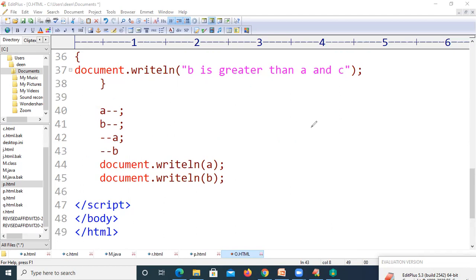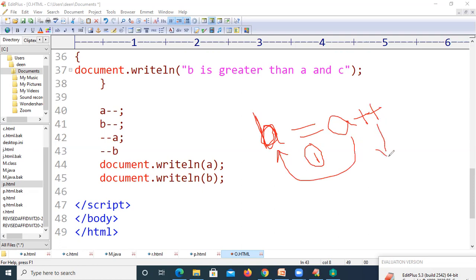So the main difference is that when we write B equal to A++, assignment will be done first. After that, the value inside A will get incremented.